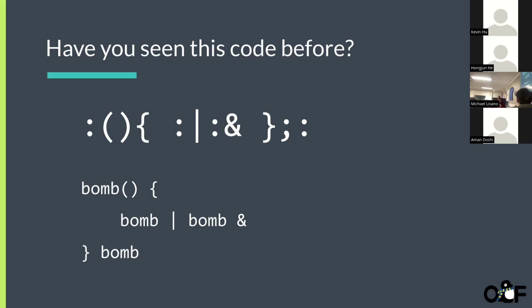So essentially, this just spawns exponentially many bombs. Every time you run one bomb, the code of the bomb says pipe bomb into bomb, which forks bomb into 2 other processes. Then each of these 2 other processes call bomb again, which forks them into 2 grandchild processes. As you keep going, the number of child processes increases exponentially, and at the end, your system is just going to crash. It cannot handle that much.